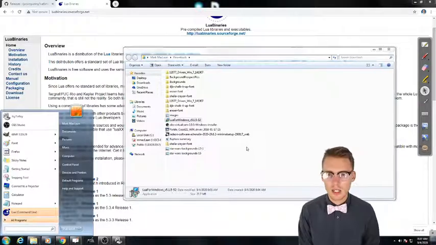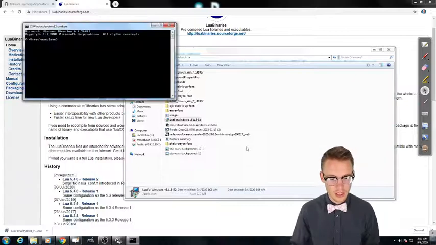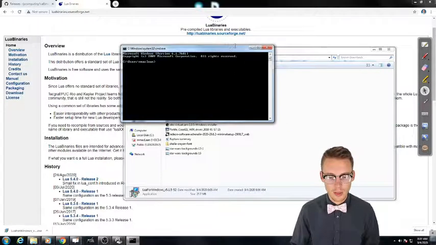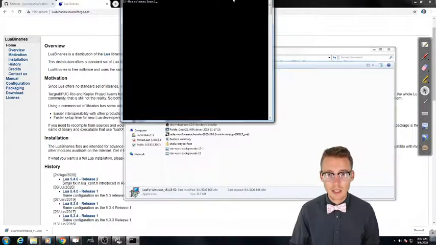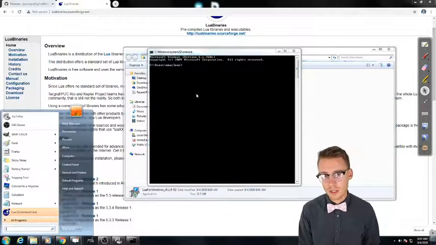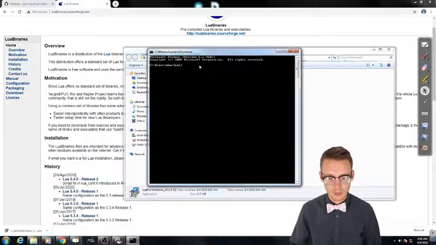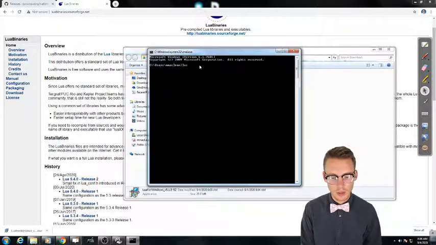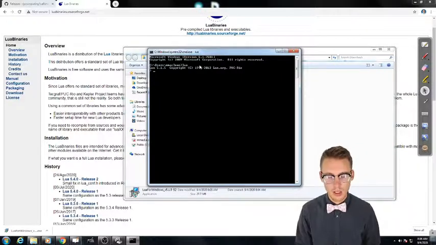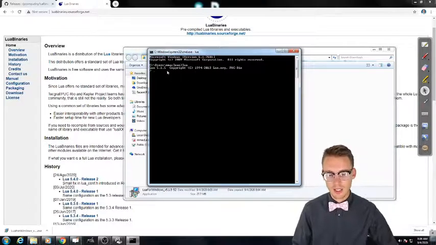Now I guess the question is, now what? Well, let's start at the very, very simple, just to check to make sure everything's installed correctly. We're going to pull up what's called a command prompt, and that's accessed in several ways. But the simplest method, I suppose, is pressing the Windows key and then typing cmd, and that'll pull up this command prompt. And if you type lua in the command prompt, it should not give you any errors. And in my case, it gave me this,